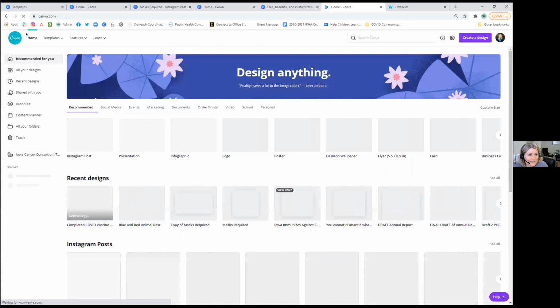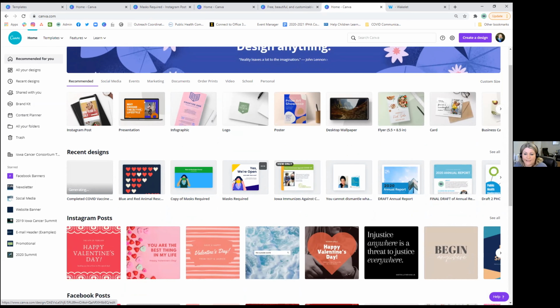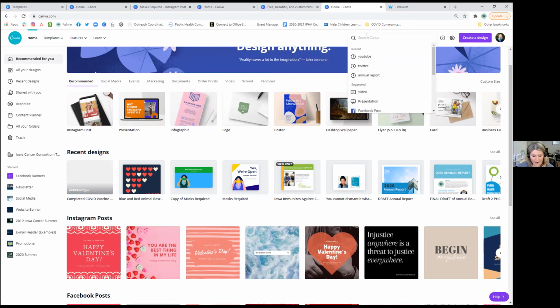Okay, and then Mary wanted to see, Mary, what about a multi-page document or you just want to see what it looks like? Well, just to see how a front page would look different than an inside page. Okay. I am going to go up to the search bar and I'm just going to type in annual report. I think a lot of local public health departments do